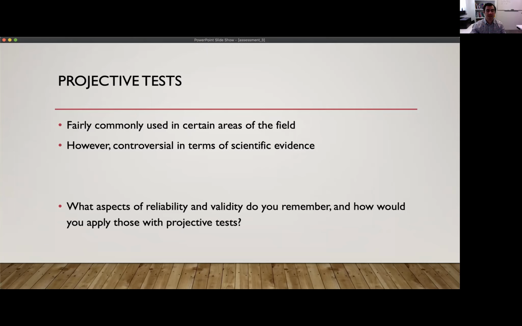So concepts like reliability, the idea of test-retest reliability, for example, the idea of inter-rater reliability for projective tests. How do you think that would work? Or what do you think would be a type of study that could be done to get at those? So with test-retest, you might be thinking about the idea that someone would take a projective test like the